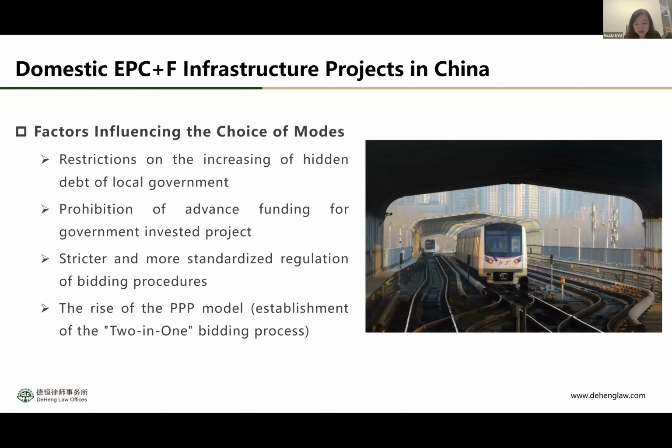But before that, remember all those projects were basically state funded or using public funds. For those projects, you have to be subject to an open tendering procedure. So meaning the contractor is not necessarily the one who gets the construction project. But after some improvement of the regulation, now we have this 2-in-1 bidding process, meaning if the contractor is an investor of a PPP project company, they can have the right to the construction without those open bidding processes.